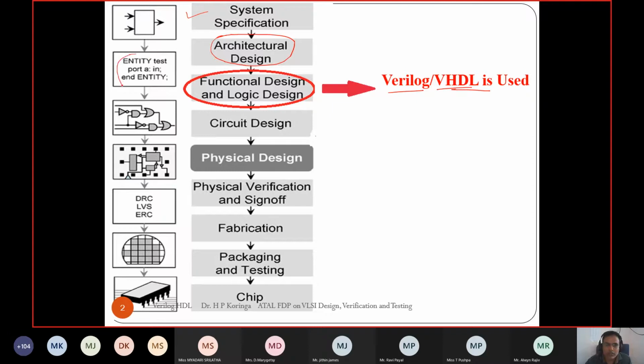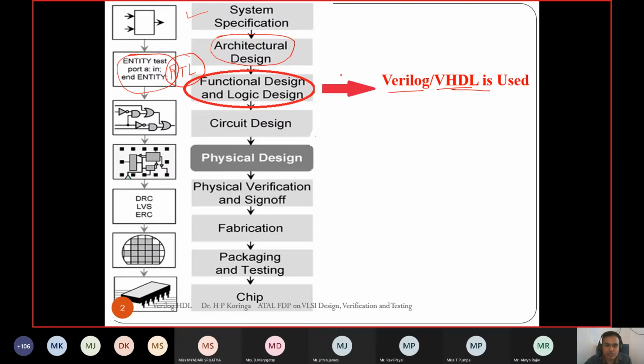The HDL is used to convert that architectural design into a form of program, through some algorithm, since it also has the behavioral abstraction level. So we can have an algorithmic way, as we do using any programming language. It converts the architecture into the RTL design. Yesterday I already explained what RTL is and why we call it RTL. So the design is implemented in RTL through the HDL language.